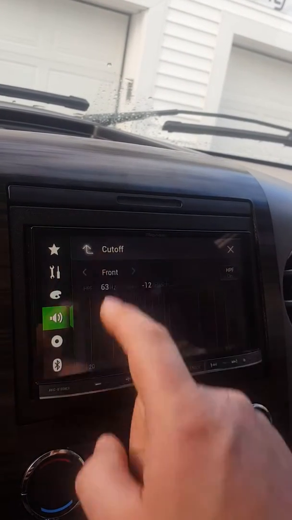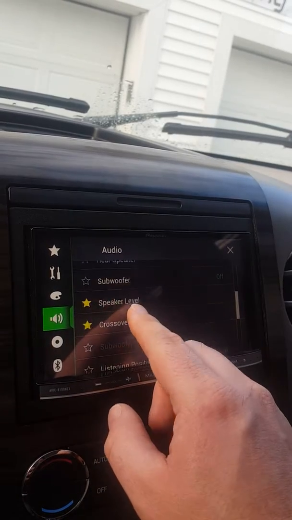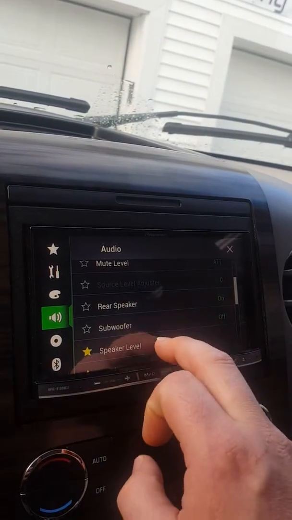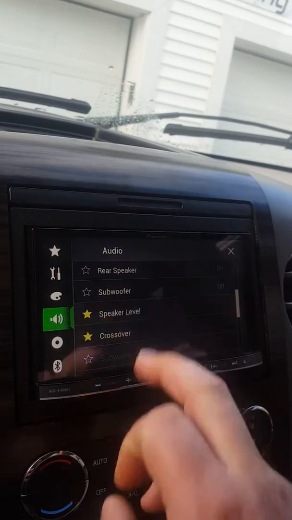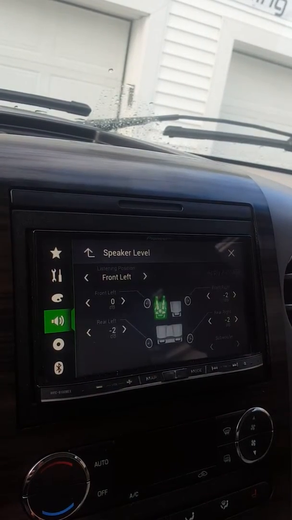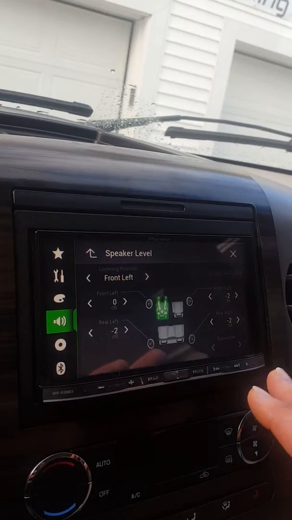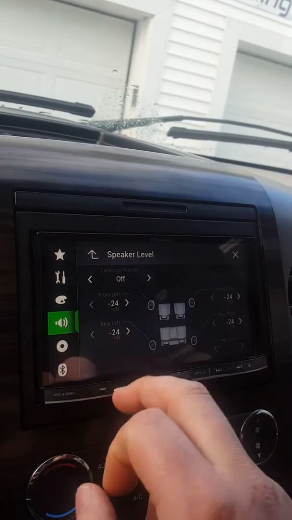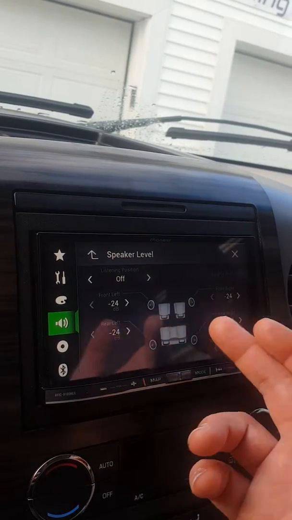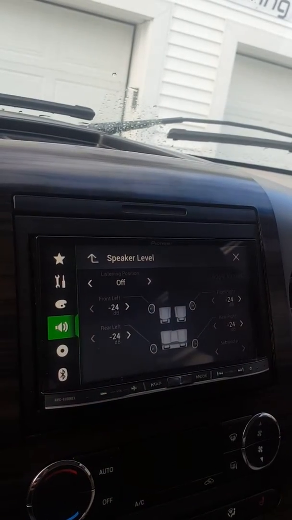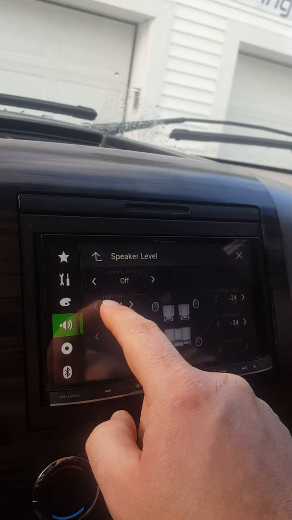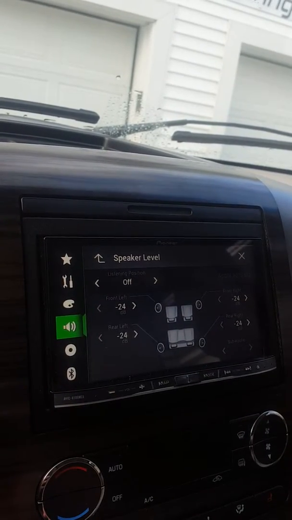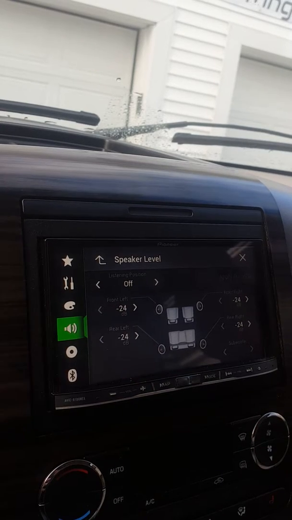Okay, we got the front done. Now we're going to go to the rear. So we're going to go back one. We're going to turn our rear speakers on, right? And then we're going to go back to our speaker level. What I like to do here is I adjust this to all, or you can turn it to off. It doesn't really matter. But we're going to turn our front down as low as we can, which is minus 24 decibels,